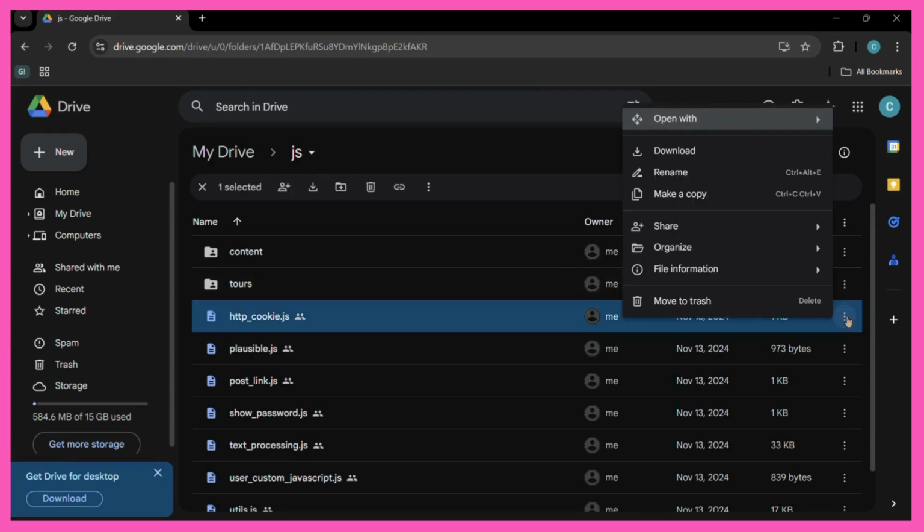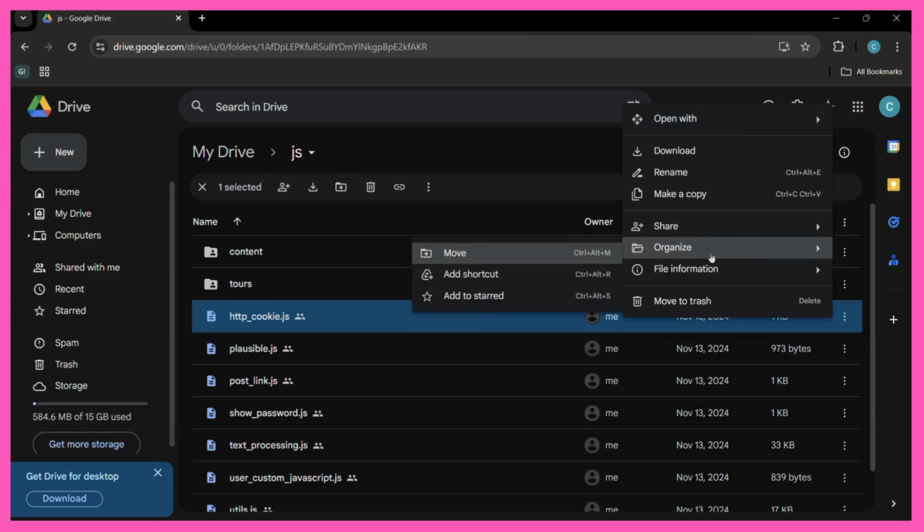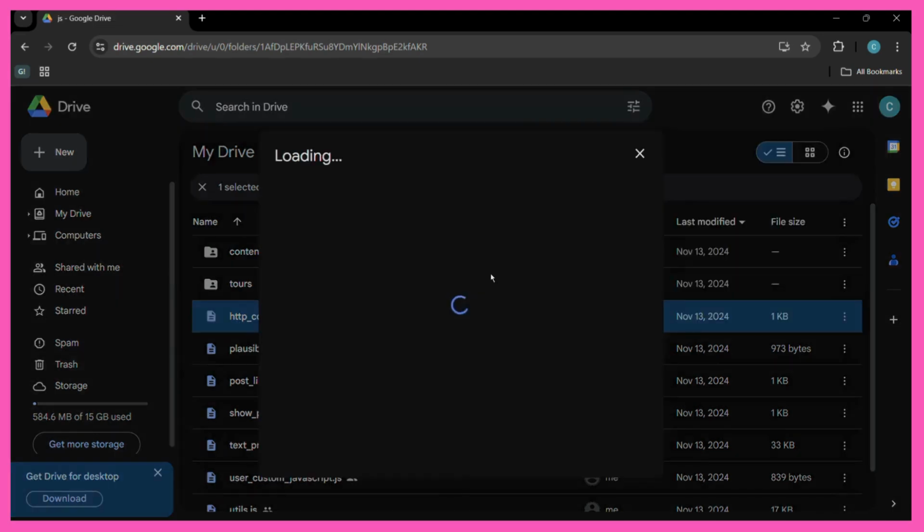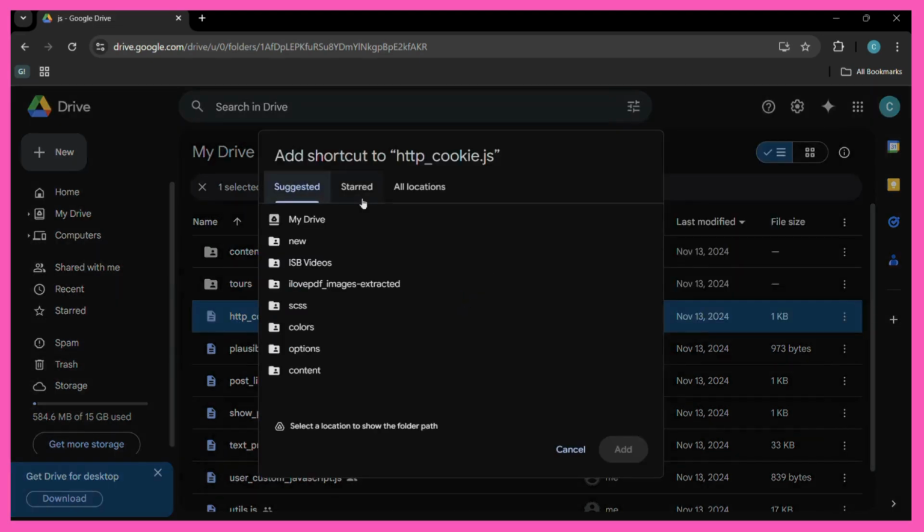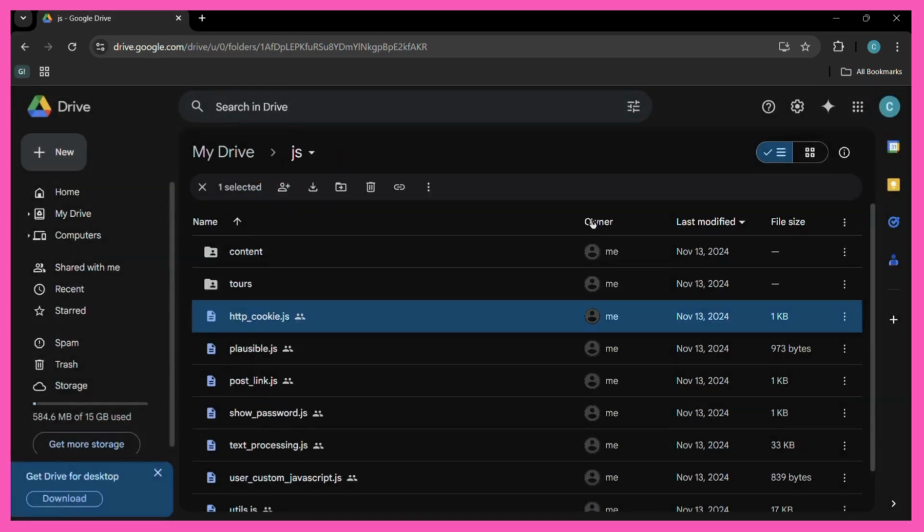Then you will see this organize option right here. Just hover your cursor and you can see this add shortcut button right here. Simply click on this add shortcut button and it will ask you for the location of the shortcut. So for example, I want this shortcut to be placed directly on my drive. So all I need to do is click on this add button,